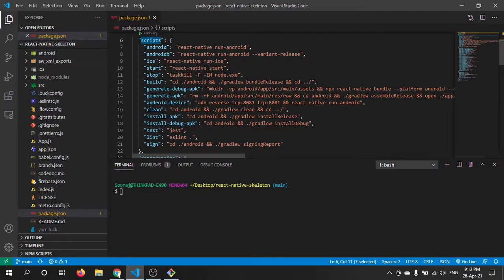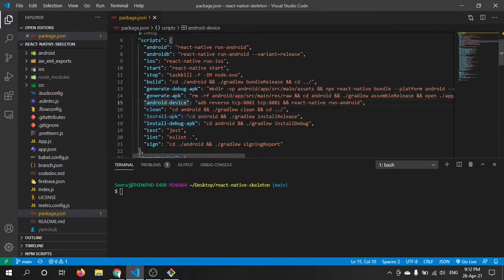The common scripts that we usually use are android, ios, generate debug APK, generate APK, yarn clean, yarn install APK. Basically I use the yarn android command to run the React Native application on the emulator or the connected device.